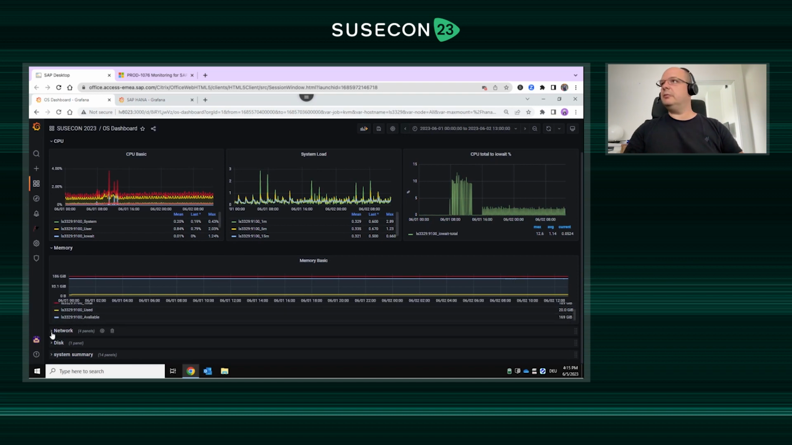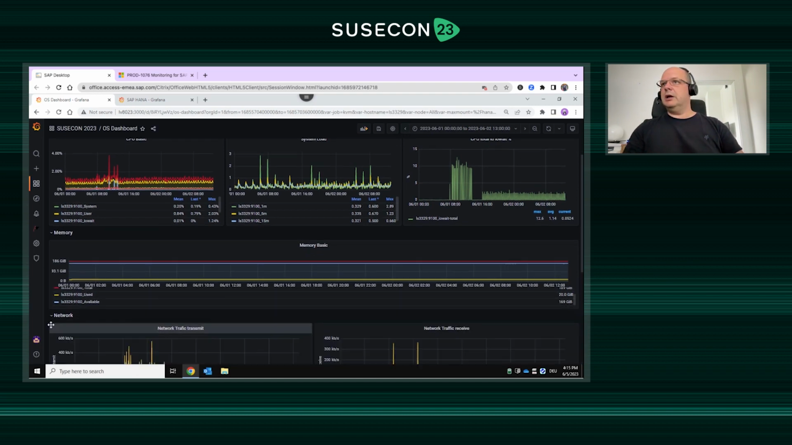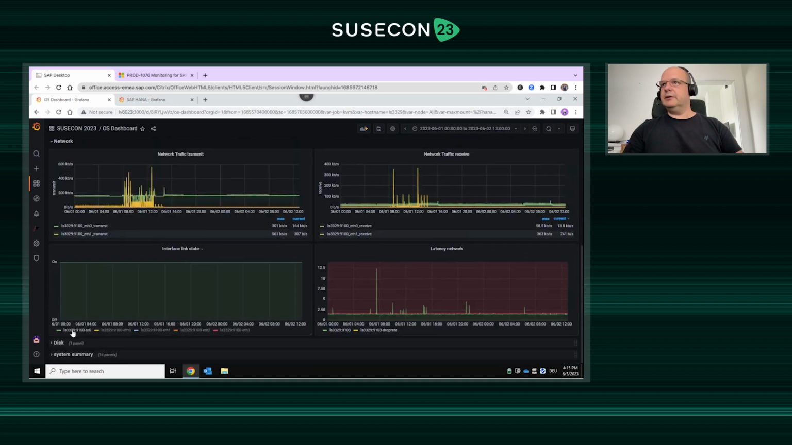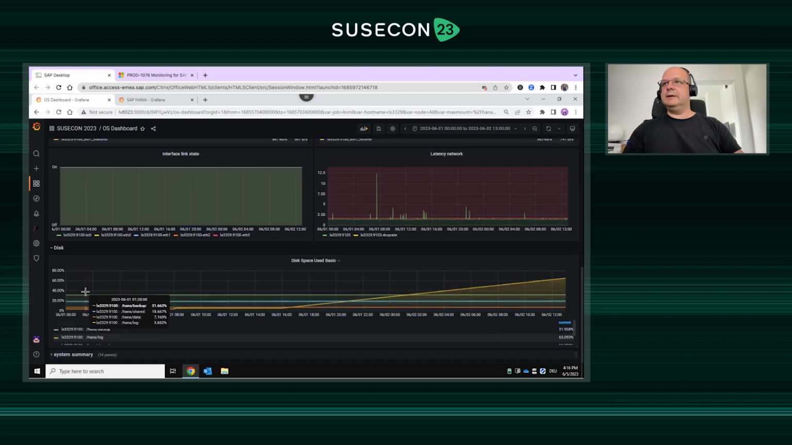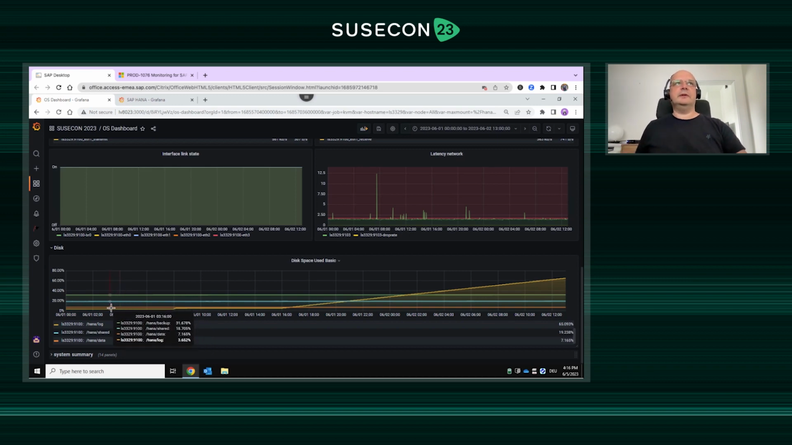Then let's go to the next one, the memory usage. This is a normal memory usage, let's say. The next one would be the network part. Here we see nothing special. Everything seems to be more or less okay. There are no spikes. And then we go to the disk, and in the disk section, we see at the time the problems